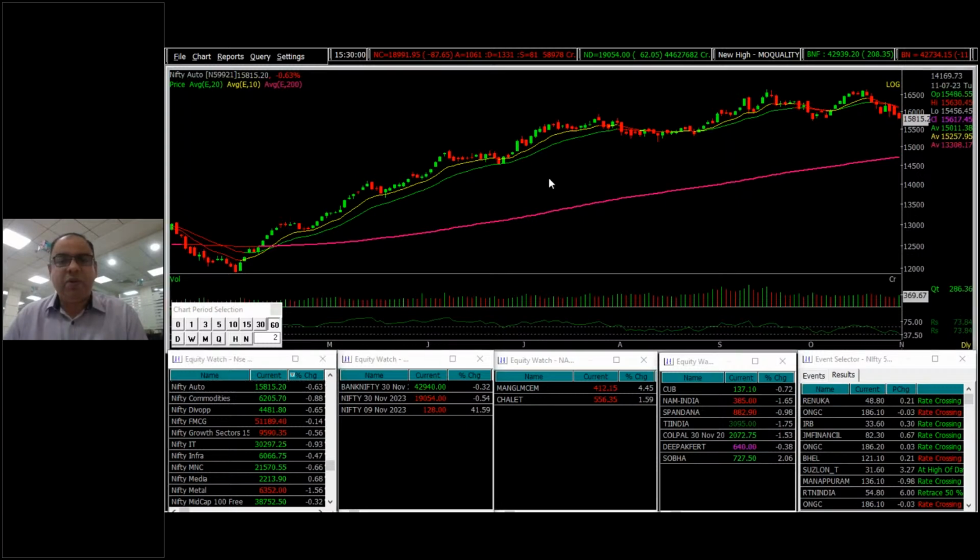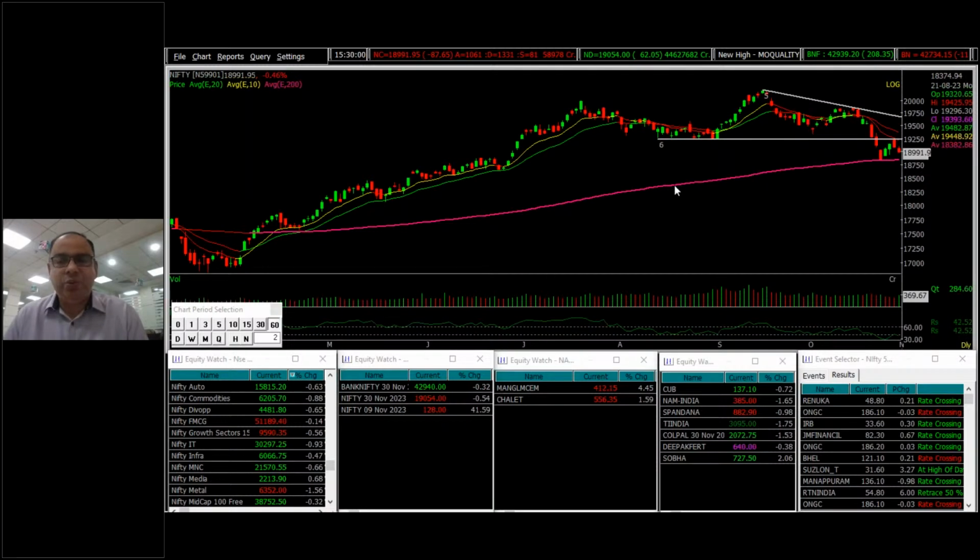So this is all from a technical perspective of the market and the broader market indices. And once again, I reiterate that we are in a range where 19,200 to 19,300 is going to be a strong resistance for the market on any upside bounce from here. At the lower level, 18,850 to 18,600 is the support where one may expect an upside bounce from the lower levels.